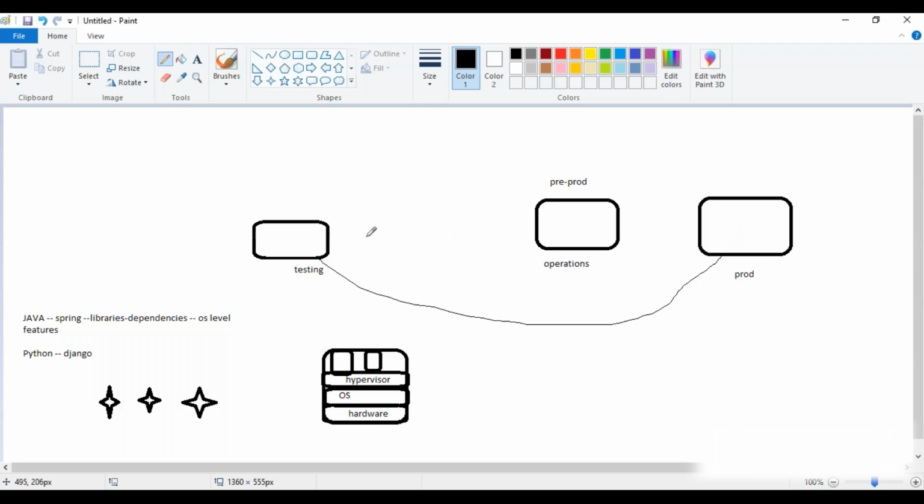But if everything is resolved, then why do we need Docker? Why do we need containers? So this is very good for legacy applications. Legacy applications means monolithic applications. Now, most companies are changing their applications from monolithic applications to microservices.